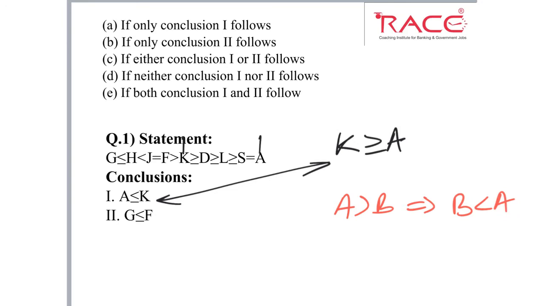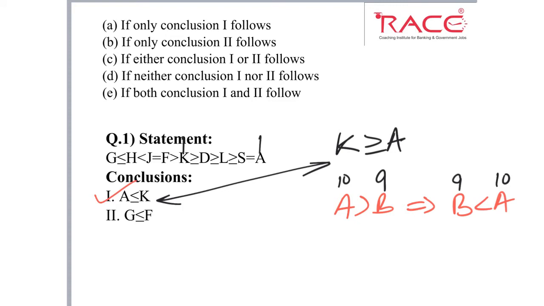We can also assign some values if you want to understand it properly. So a greater than b means if a value is 10, b value is 9. So here we can see a is greater than b. So if we write here b is equal to 9, a is equal to 10, the values are the same for a. Here a is 10, here a is also 10. Here b is 9, here b is also 9. So this satisfies a greater than b. Yes, here b less than a. This is b less than a and this is a greater than b, and the final result of both statements will be the same. So here the first conclusion follows.